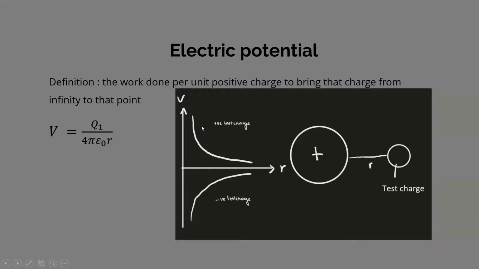And this is for the positive test charge, hence it's above the x-axis, as Q1 would have a positive charge, and as the distance decreases, the potential increases. So you can think of it as a diagram, and you have a large positive charge over here. If the test charge was positive, as it approaches closer and closer, the potential will increase. And if it's a negative,